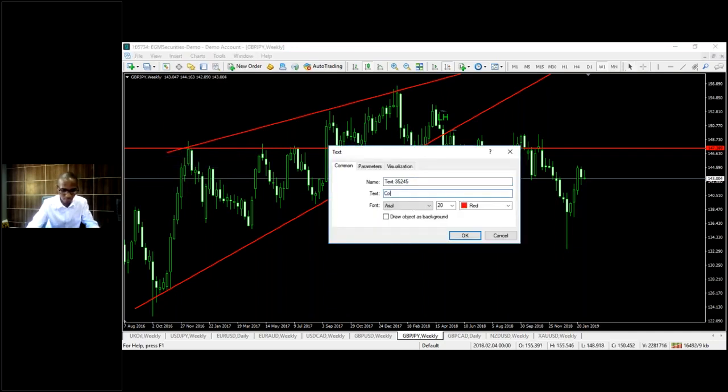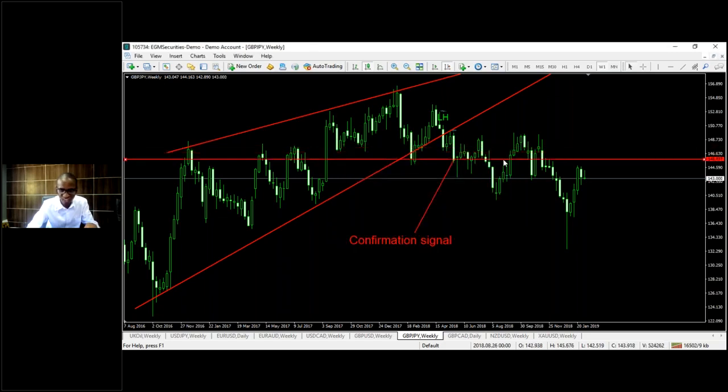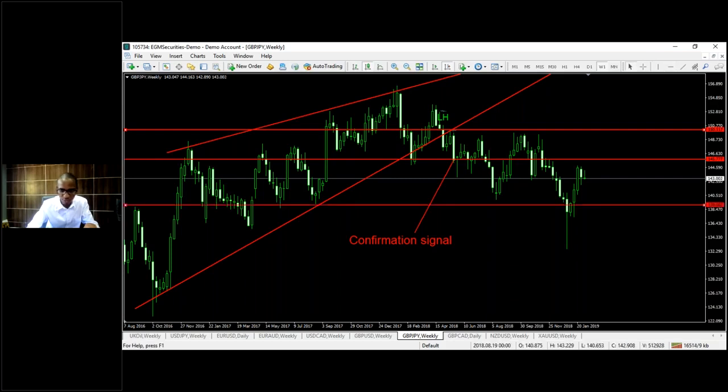So this is a confirmation trigger or confirmation signal to open a position. And therefore, our entry point could have been at this point, and then of course our stop loss could have been just at the open of the breakout candle up here, and then of course we'd position our take profit to a ratio of at least 1 to 2 and position it right at the price of